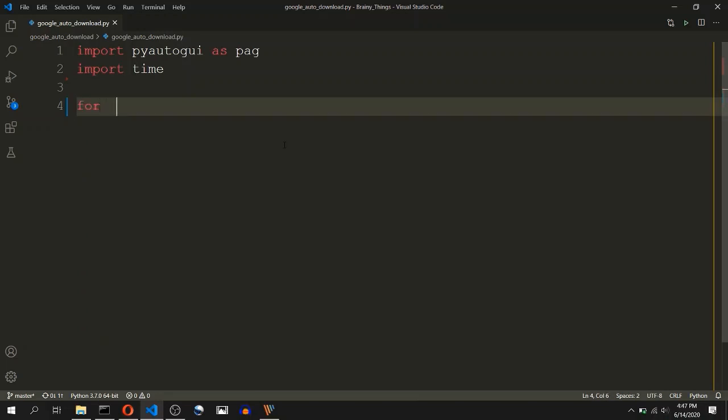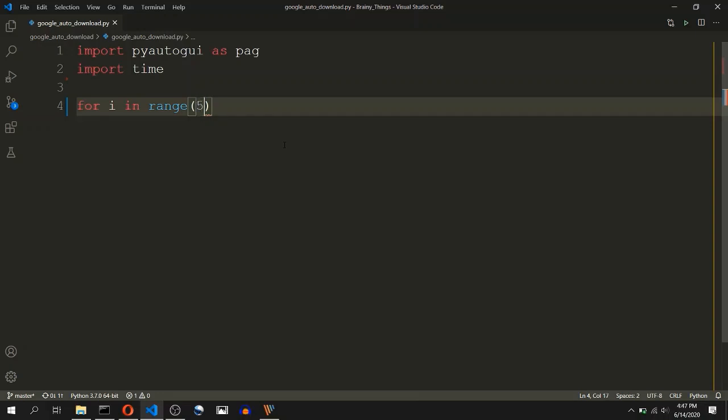So we will first start a for loop for i in range. The number that will go inside this range function will be the number of images that you want to download from Google. So it can be say 100, 1000, 10,000 or any other big numbers like this.